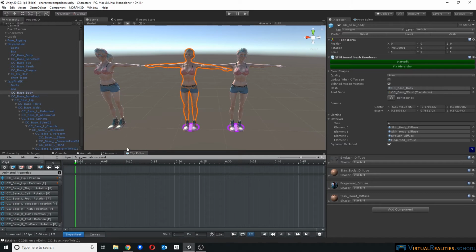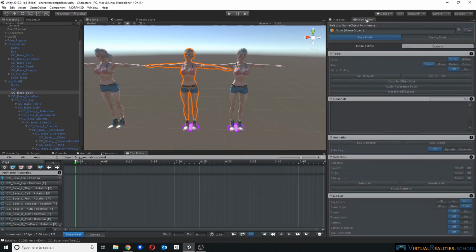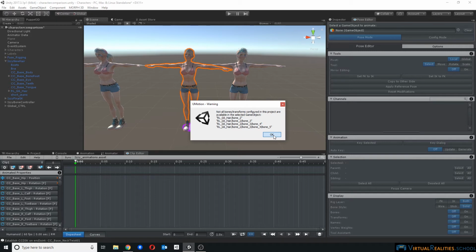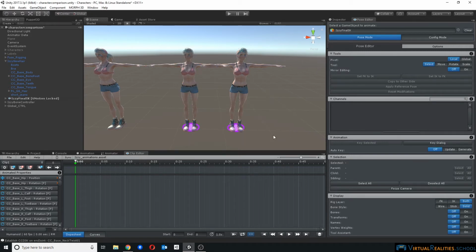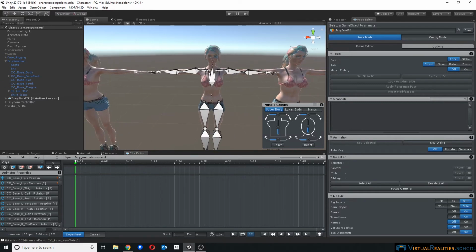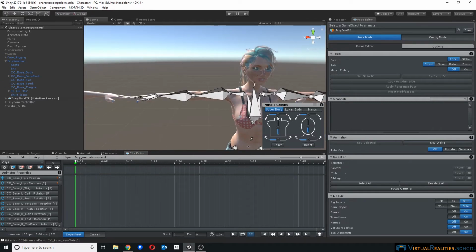So first of all, you need 2 different windows. The first one is a clip editor. The second one is a pose editor. And we simply drag Izzy up here in the pose editor. And now we have control over all sorts of things. We can make visible all the different bones. And then we also have control over some of those muscle groups. So for example, we can choose hands, and have a lot of control over